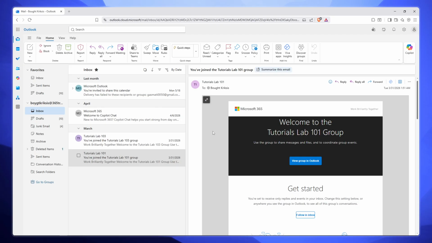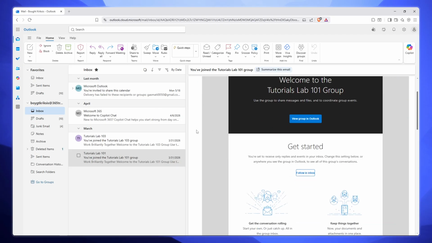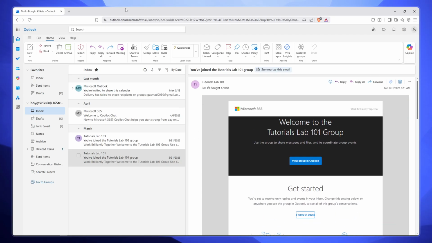First, open your web browser and head over to outlook.cloud.microsoft. Once you enter the URL, you'll be taken to the Microsoft Outlook web app login page. Go ahead and sign in using your Microsoft credentials to access your email account. Once your email inbox is loaded and you can see your messages on the screen, we can begin setting up